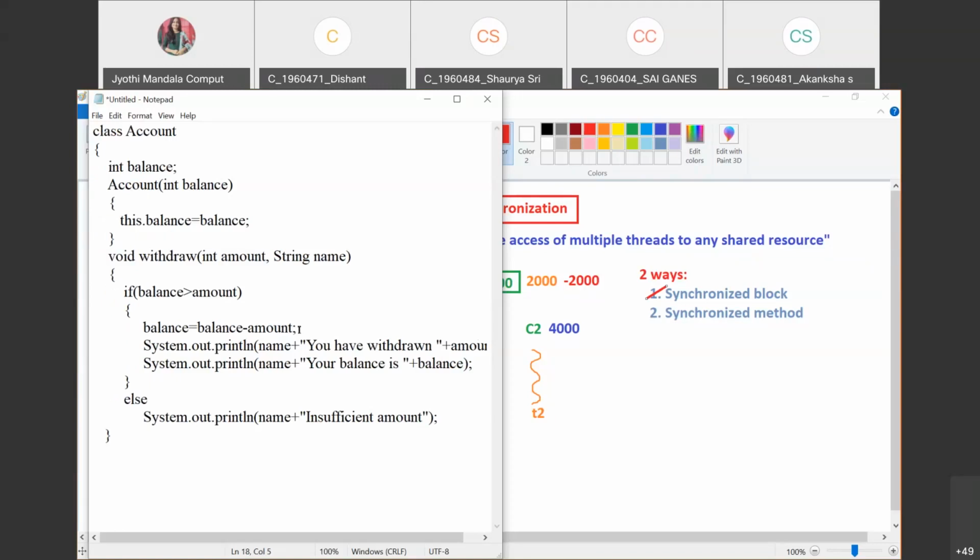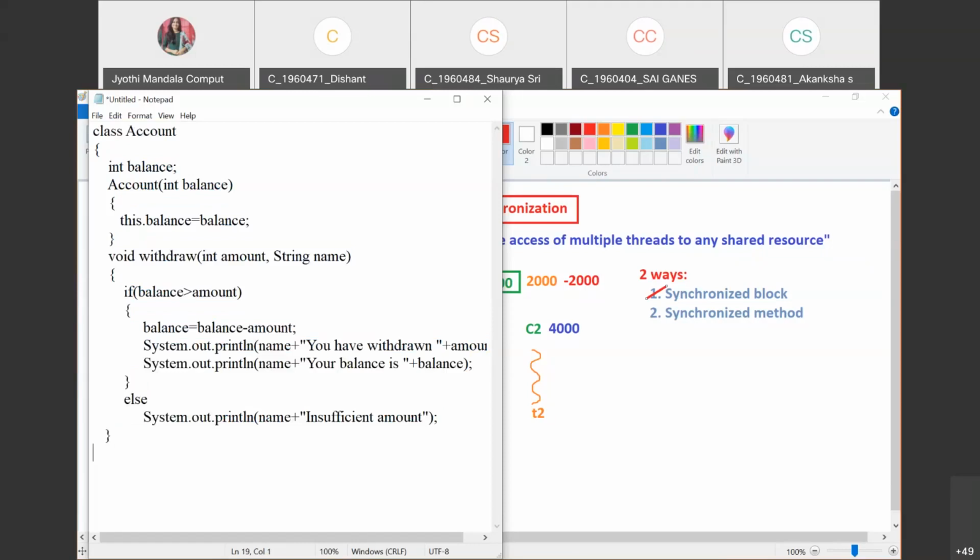So in the withdraw, we are asking for the amount, and we are passing the customer name also, and we are checking against the balance. If the balance is greater, then only we are updating the balance, and we are displaying the amount withdrawn and the balance available. And if it is not satisfied, we are simply displaying the person's name and saying insufficient amount. Okay, so this is about your account. Up from here to here, this is about your account. Now you have done your account part.